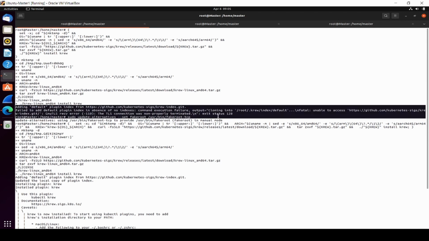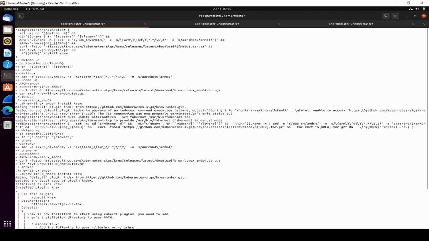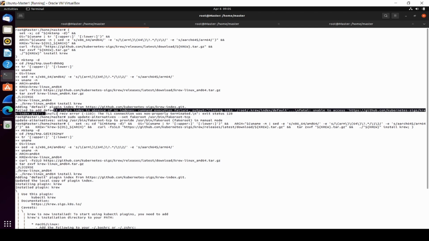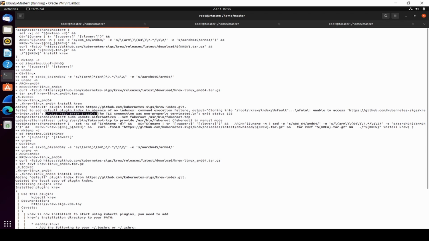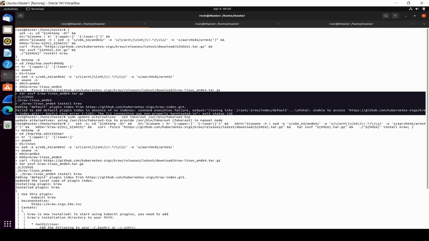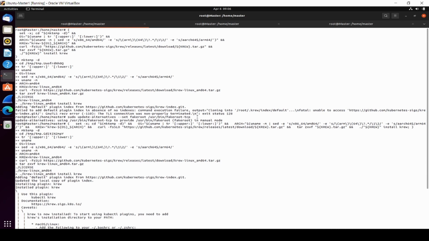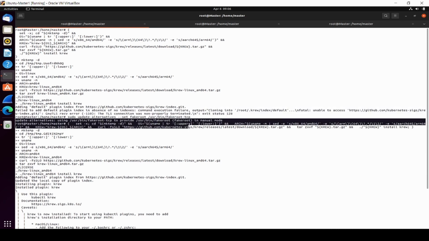My error over here is like GnuTLS receiver error minus 110, TLS connection was not properly terminated. Exit status. This is the error. When the error happens, you just type this: